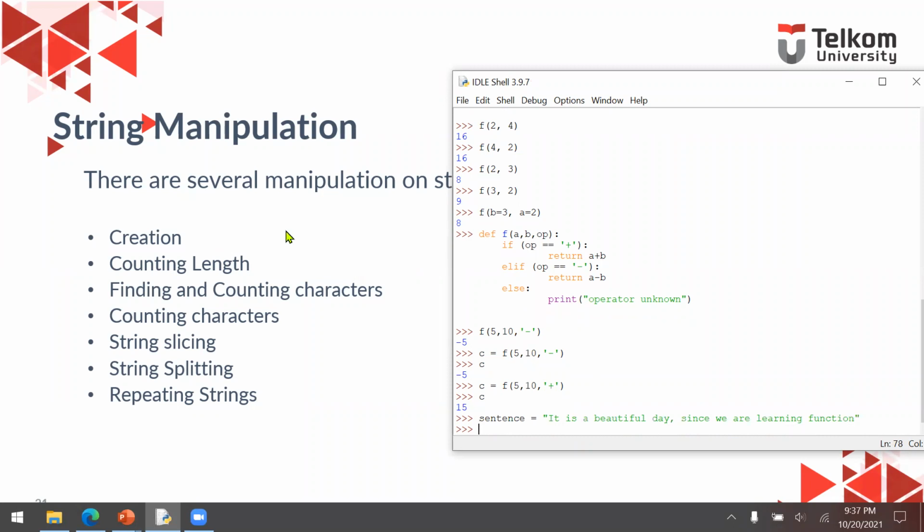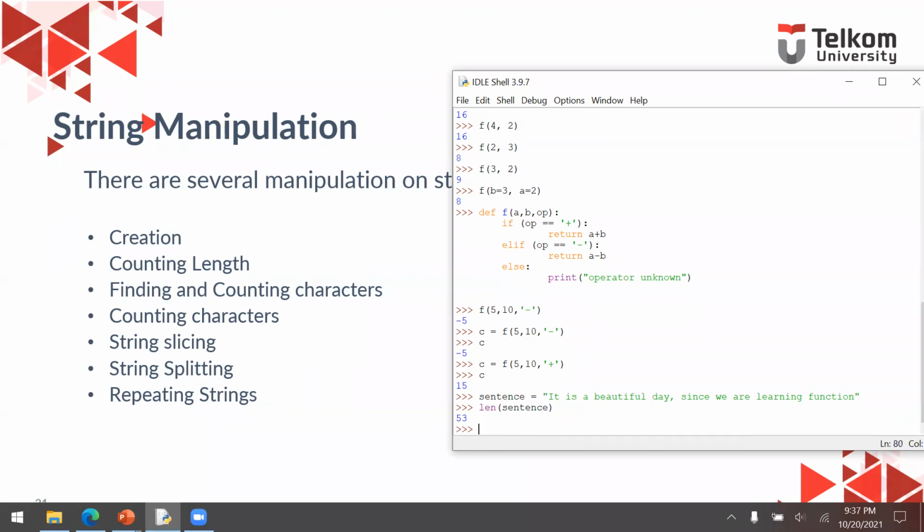Okay, now that's how we create a string, and then counting the length is easy. Just use len and then the string. It says 53, so we have 53 characters inside the sentence.